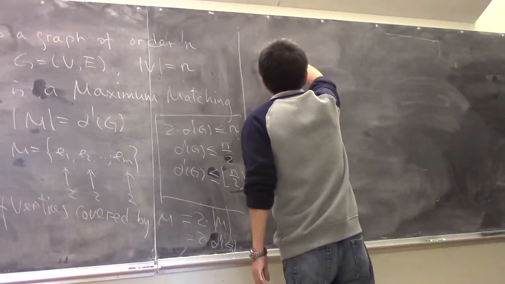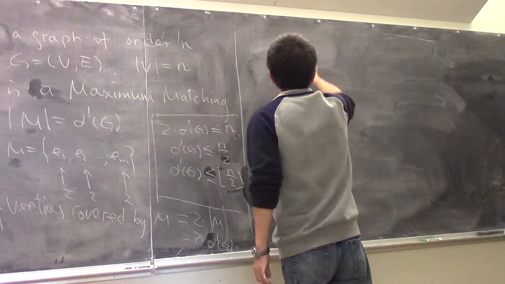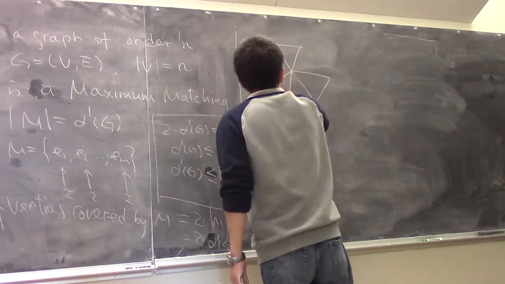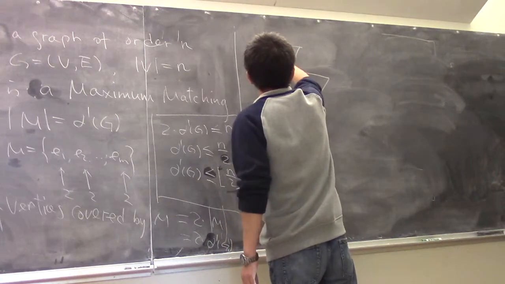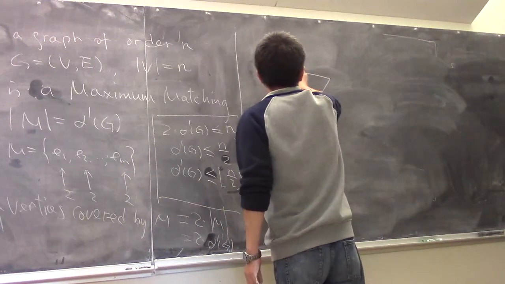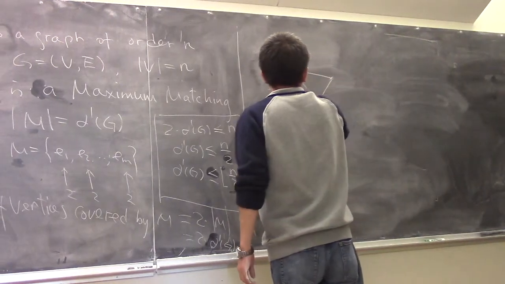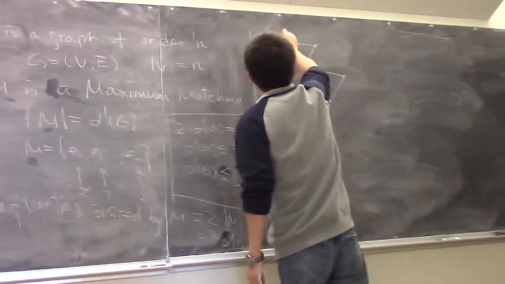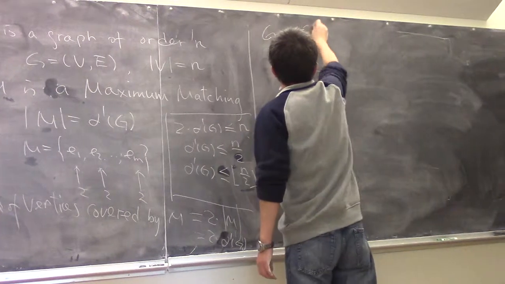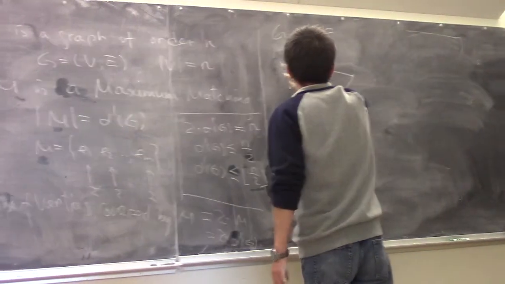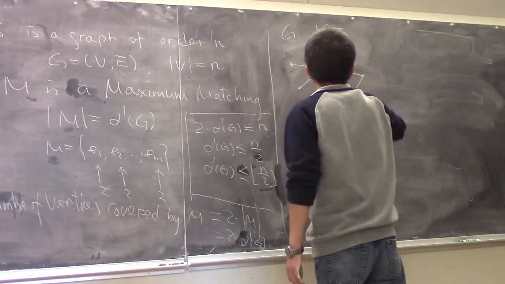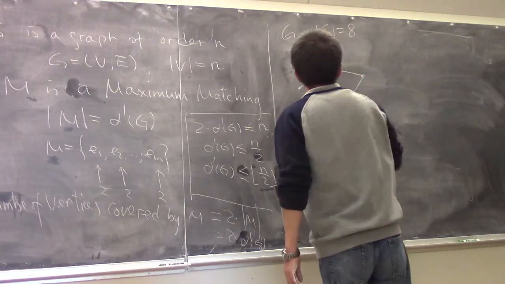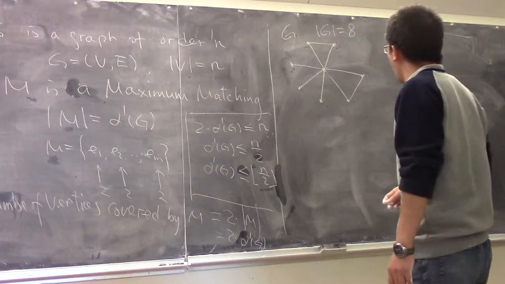Say I have these vertices. That's a graph G. The cardinality of G is equal to 8, vertices 1, 2, 3, 4, 5, 6, 7, 8. And I claim